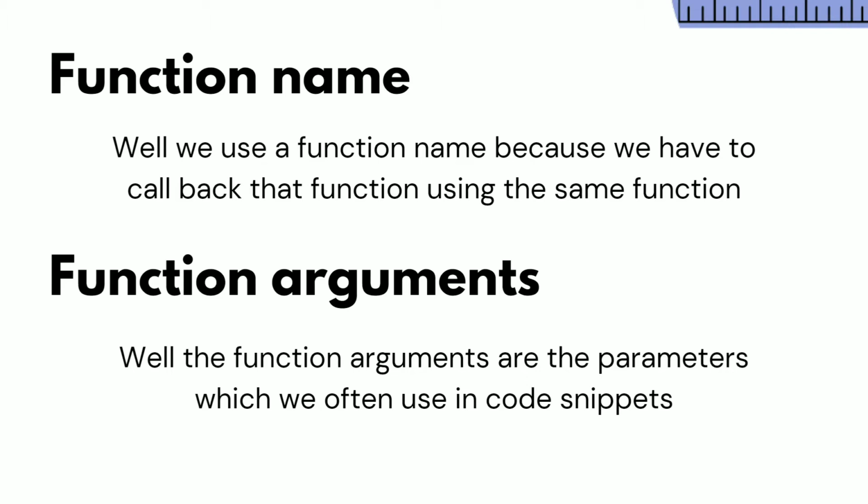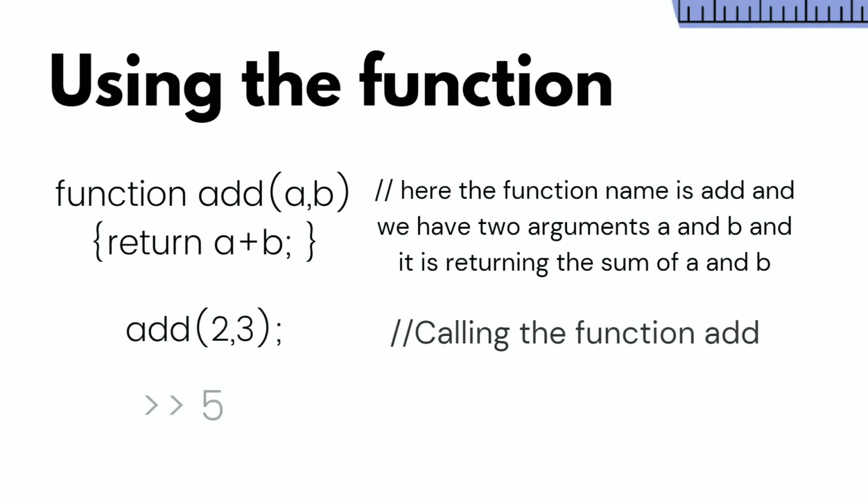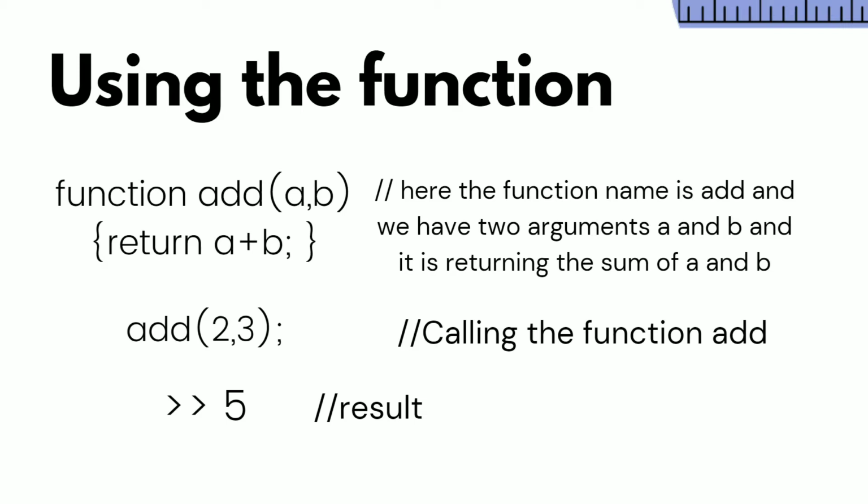For example, we are taking a function with the name add, using two parameters, and in the return statement I am using a plus b, and I am calling that function. To call any function you have to use the function name and give the parameters. Here I am using add(2, 3). I am giving 2 as a and 3 as b, and I am getting the result 5. This is how we use functions, and I will discuss all these things in VS Code first.